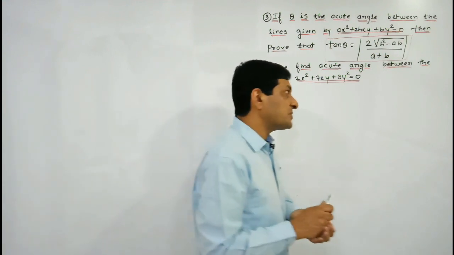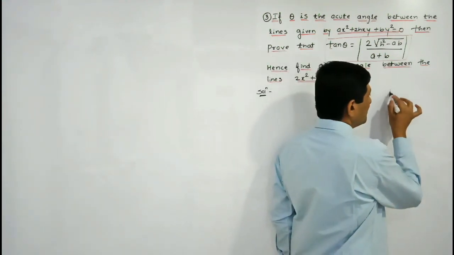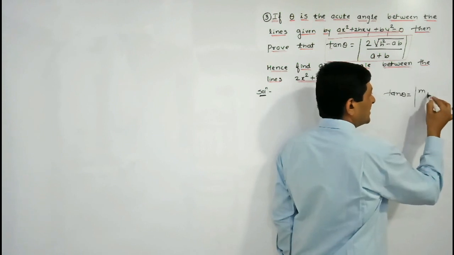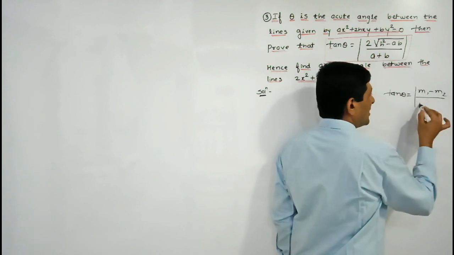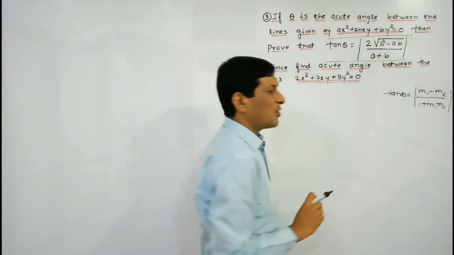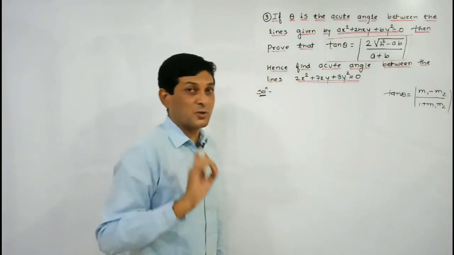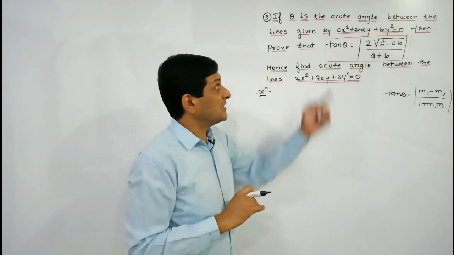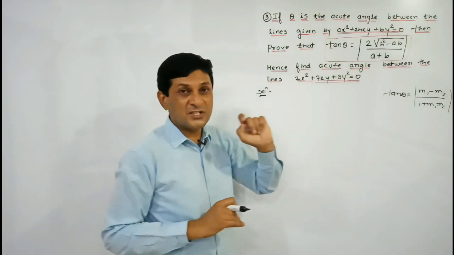But already we have studied one formula in class 11 to find out the angle between two lines. What is that formula? Tan theta is equal to m1 minus m2 upon 1 plus m1 into m2. Means to apply this formula we will require what? Slopes of the lines. So let us denote the slope of the line represented by this homogeneous equation by m1